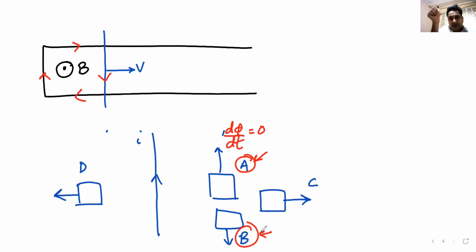Remember, this is the current carrying wire. At point C, it creates a field in the inward direction. Yes or no? Yes, sir. On this side, it creates a field in the inward direction. Now ask yourself the questions for loop C. Is there a flux linkage? Yes. Is the flux changing? Yes, sir, decreasing.